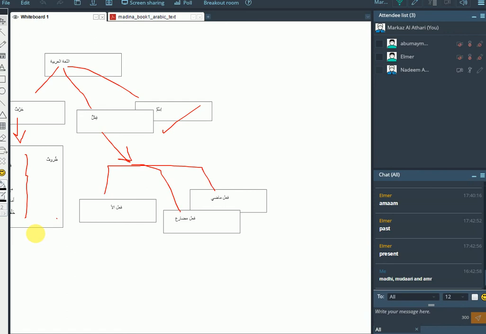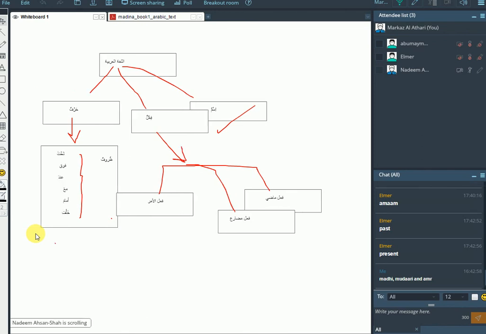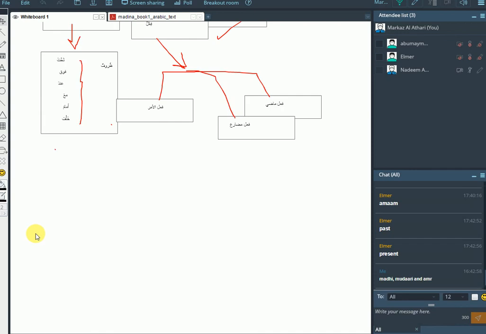Now this introduction is important because now we're actually getting into the language in a bigger way. And the relevance is going to come clearer now to each of these aspects of the language. Today I'm going to focus on the fi'l. We're going to talk now about the fi'l. Let's move a bit further down and talk about the fi'l, okay?